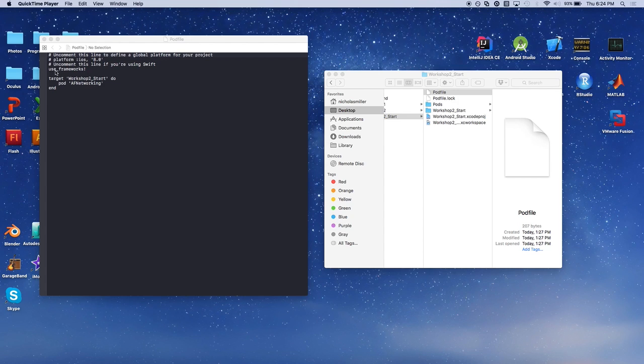The whole purpose of this workshop is to make an application where we can load contents from this API called MovieDB. So it lets us grab the current movies in. Here's what the pod file looks like. It's pretty straightforward. It says use frameworks and then pod AFNetworking. You run pod install, and